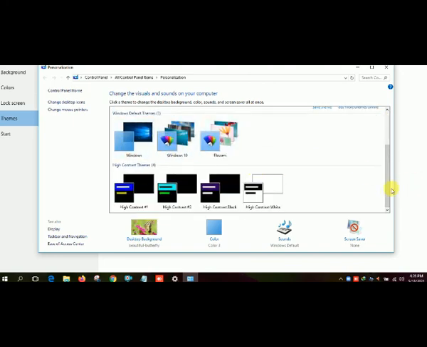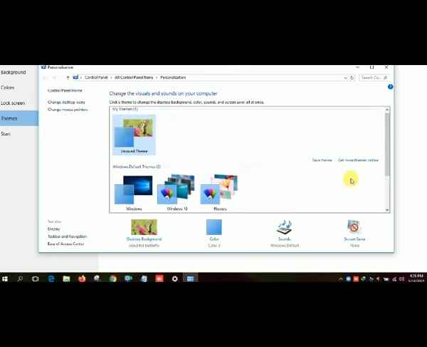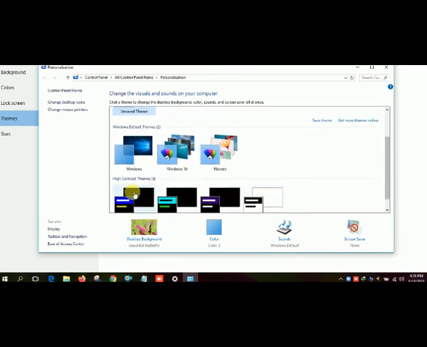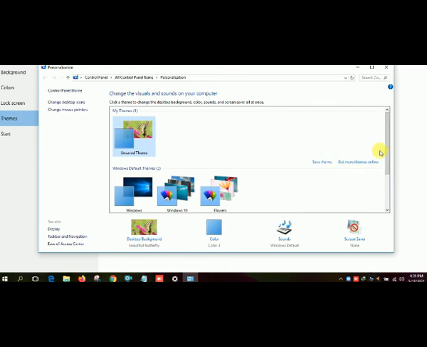I have already used it. And I don't like this black color and yellow color. And if you want more themes from the internet, then click on this button, get more themes online.